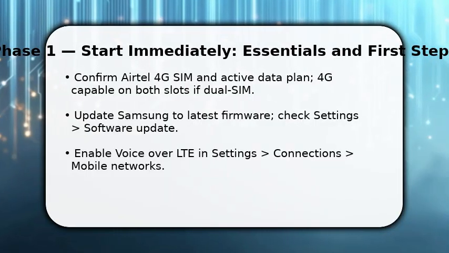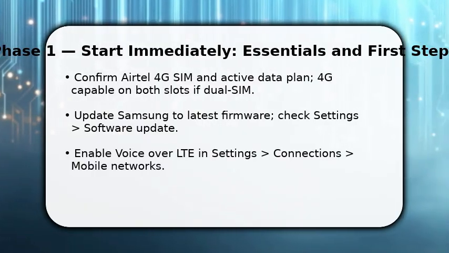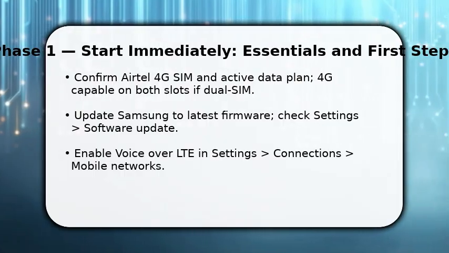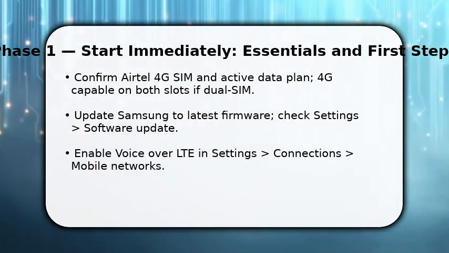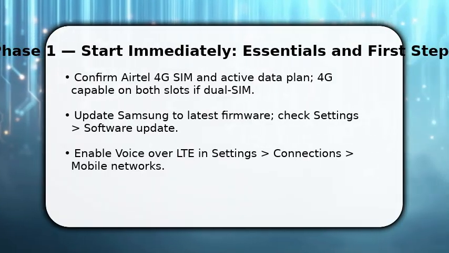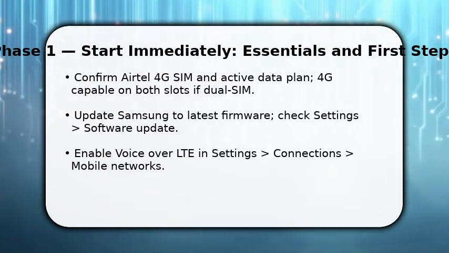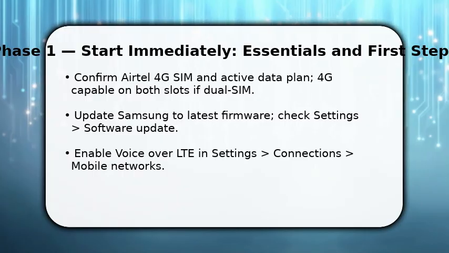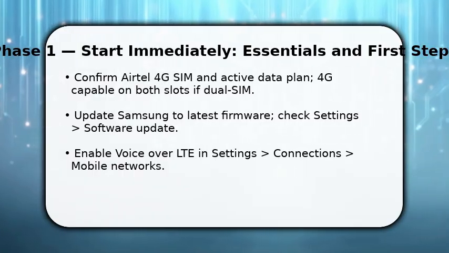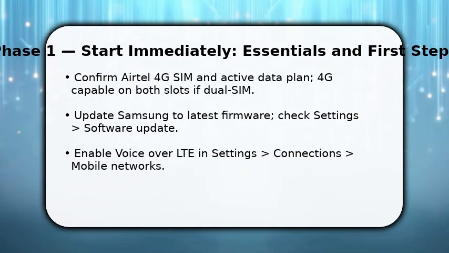You start by confirming the essentials: an Airtel 4G SIM with active data and Samsung running the latest firmware. Once done, go straight to Settings, then Connections and Mobile Networks. Enable Voice over LTE or VoLTE LTE calls. Make sure you select the correct SIM if using two cards. Also check network mode is set to 4G/3G/2G auto. This step ensures the phone can accept Airtel's VoLTE LTE provisioning, so you can move to carrier-specific checks